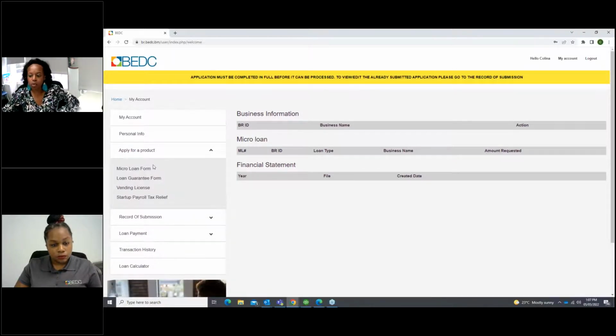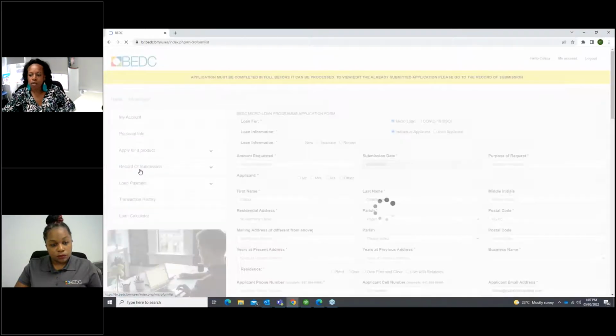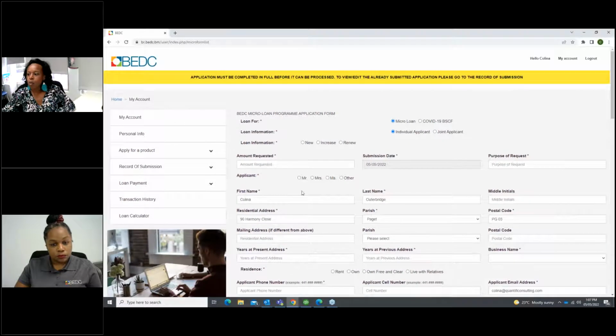So we also have apply for a product. And that is what we were talking about earlier, all the products that BEDC has. So for one, your microloan form. On this form, we have both the microloan. We also have the COVID microloan that we were doing, and that's the one that I said was the 50-50